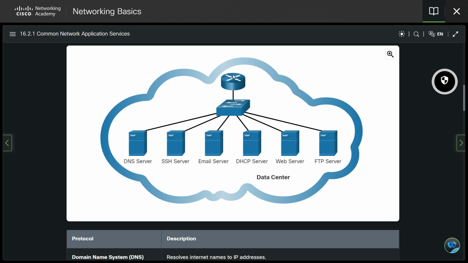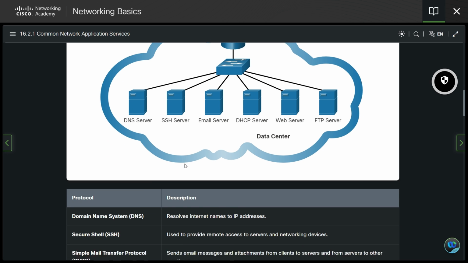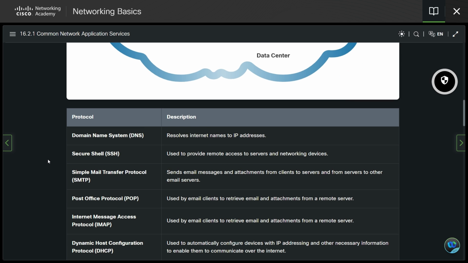Okay, we can see a router attached to one switch and the switch is attached to 6 servers. Protocol and description: Domain Name System, DNS, resolves internet names to IP addresses. The next is Secure Shell, used to provide remote access to servers and networking devices. The next is Simple Mail Transfer Protocol, SMTP, used to send email messages and attachments from clients to servers and from servers